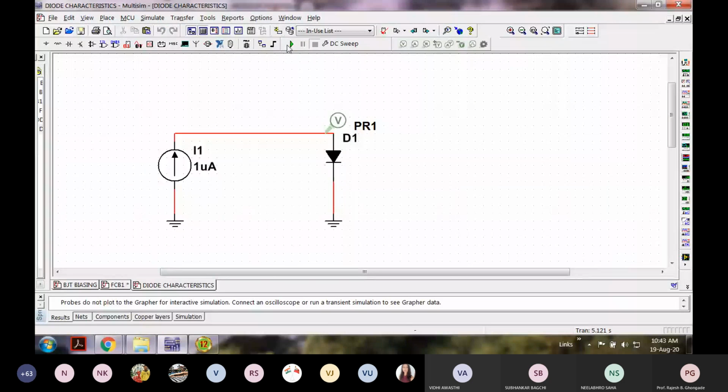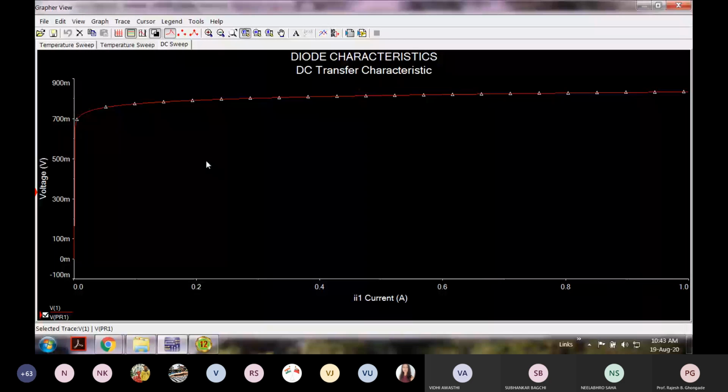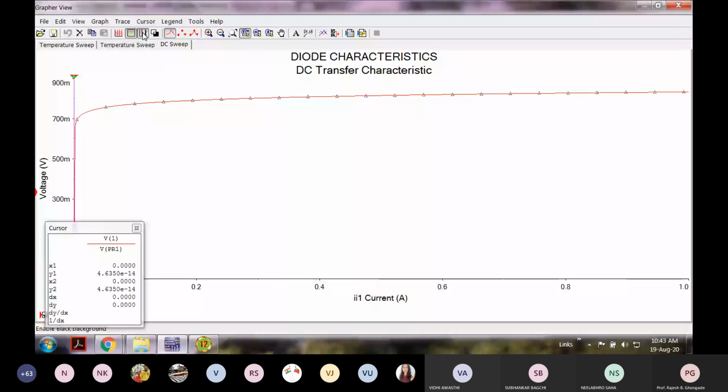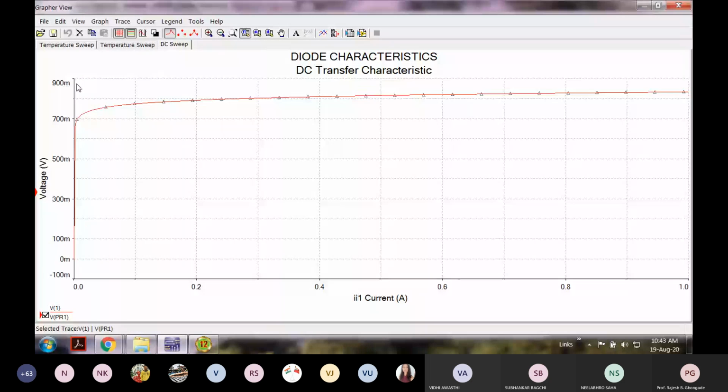Characteristics which we have already seen. Now here we are having this kind of sheet. So what I want all of you to do is, first of all, change the background to white. Then put all the grids over there. And this you can either have file, print.